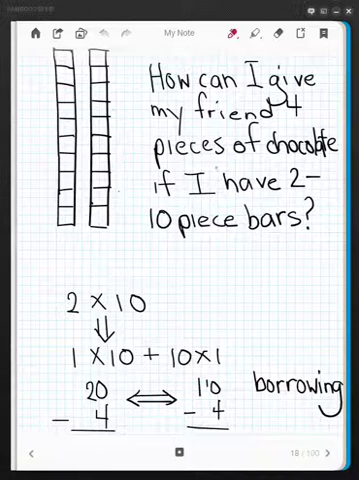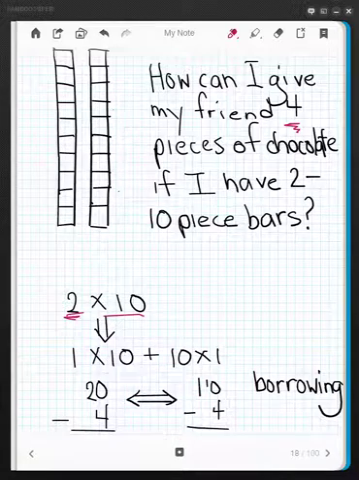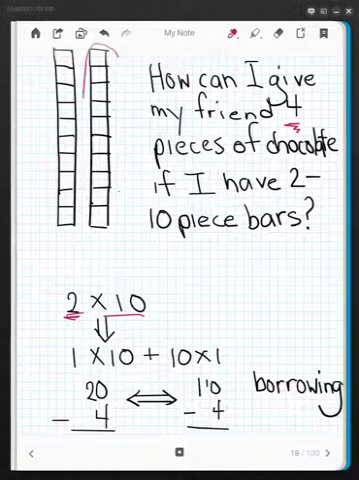Now the next thing that I want to talk about is how you can break things apart so that you can give them away. So let's say I have two really long chocolate bars. They each have 10 pieces of candy in them and they're all connected together. And of these two bars, I want to give my friend 4 pieces of candy. So how would I do that? Well, if I have 2 bars of 10, so I've represented that by the expanded notation idea, 2 bars of 10. Then I could say, well, I could break this bar of 10